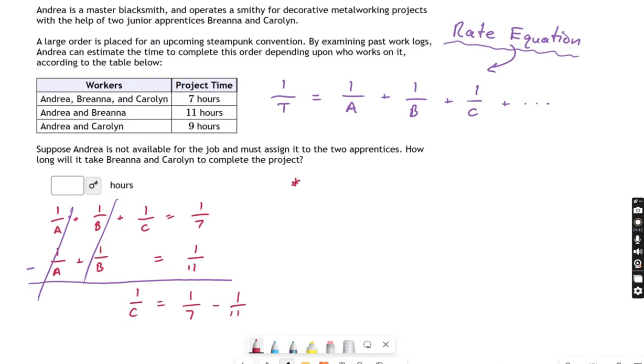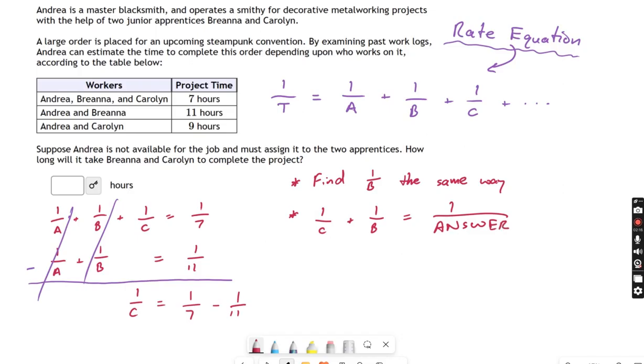Now, next step. What I would want you to do next is find 1 over B the same way, or very similar. You're going to subtract two equations and find 1 over B. Then you can just write this. Now that we know 1 over C, that was what I showed you, and you're going to go find 1 over B, add those two together, and you're going to have 1 over your answer.